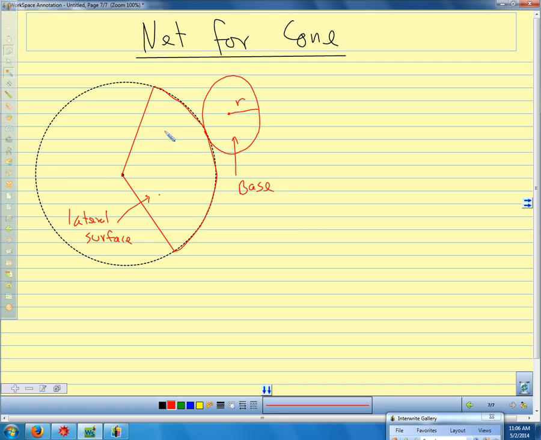So the lateral surface for a cone is kind of like a curved triangle. The lateral surfaces for our pyramid were triangles. So our cone is kind of like a pyramid. Well, if we think of this as a triangle, the length of that side of the triangle has to be the same as the circumference of this circle, because when we wrap the cone around, the base has to fit right around that edge